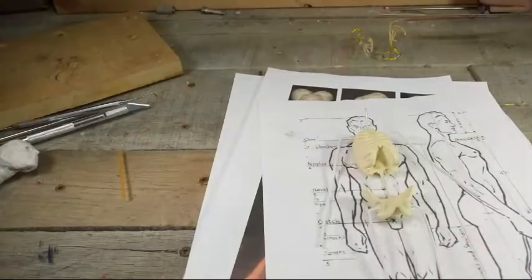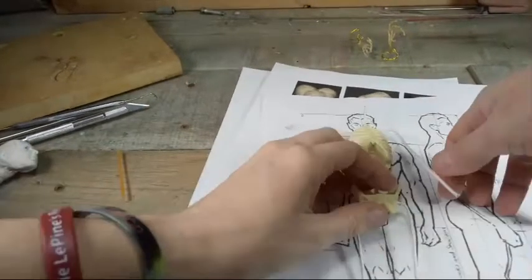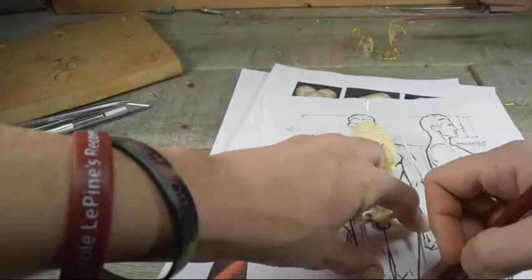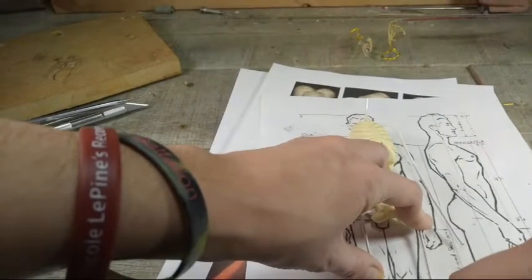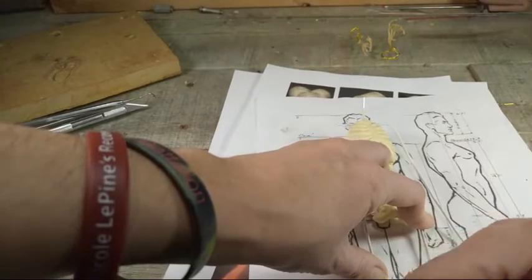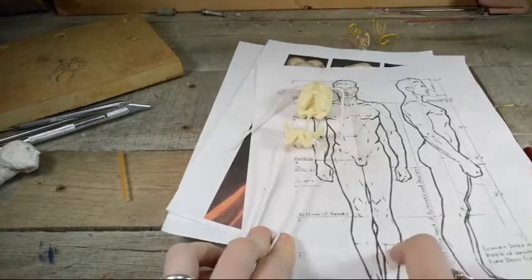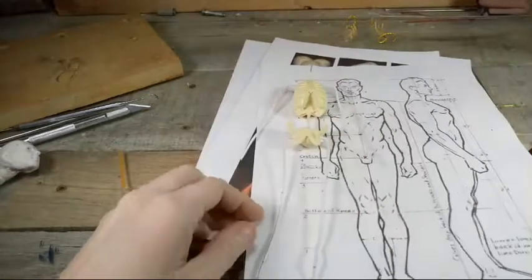Let me get up because I need to look from the top to be able to measure that. So this is where it goes, and I'm going to mark the knees here, just to know if I decide to bend his knee a bit, and then the heels. I mean the end of the foot here. Okay, so I know where the leg finishes. So I mark this line and this line. This line and this line. Okay, once I mark that,